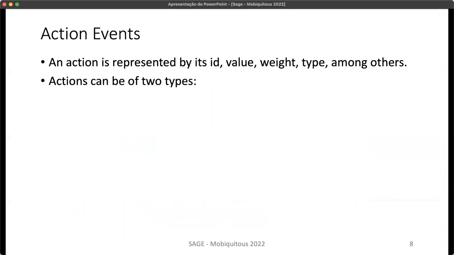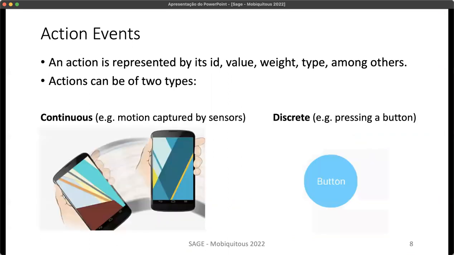These actions are presented by an ID, a value, a weight, which indicates how many sources were taken into consideration when computing the value, and also a type, which can be continuous, meaning that the values the action can take are in a continuous domain, for instance motion captured by sensors, or discrete, which means the action takes values in a discrete domain. An example here is pressing a button.